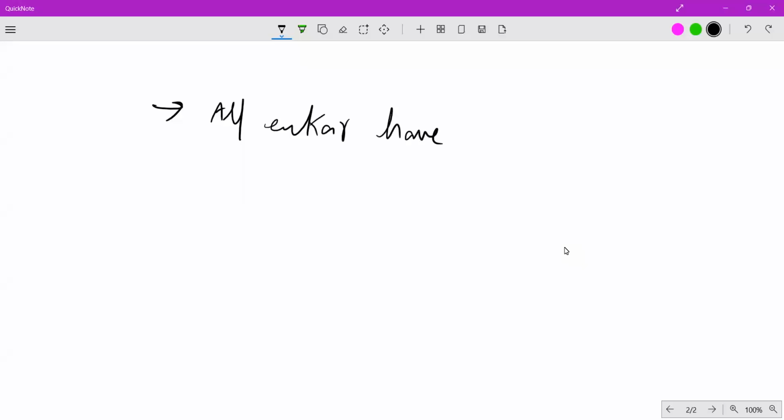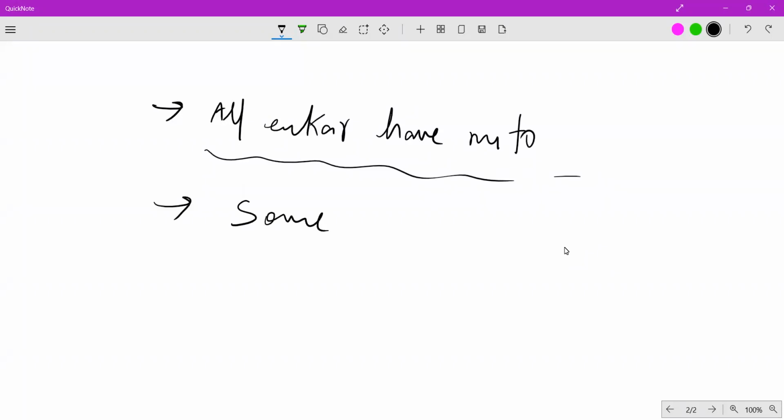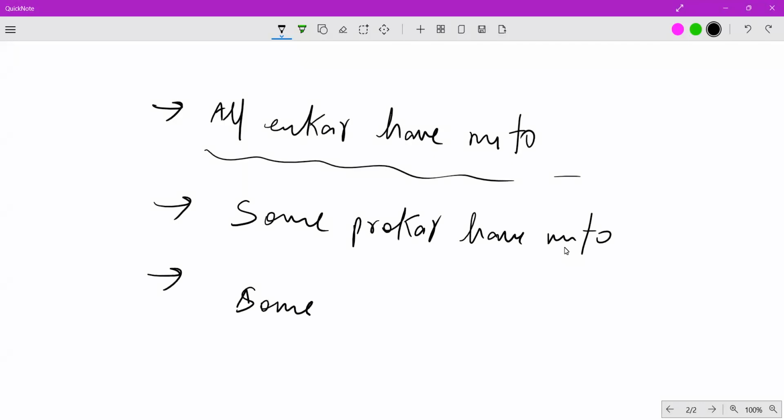All eukaryotes have mitochondria. So this should be a true statement. Is it right or wrong? And if I say that some prokaryotes have mitochondria, okay? And if I say that some eukaryotes do not have mitochondria,